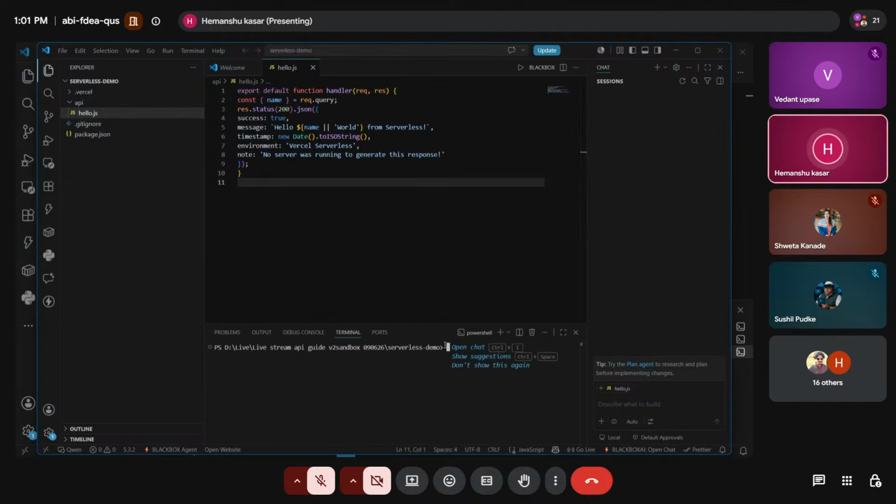What I have to do here is just run one command, that is vercel. It is already linked. Whenever you try to deploy any code on Vercel, you will be shown the authentication screen.